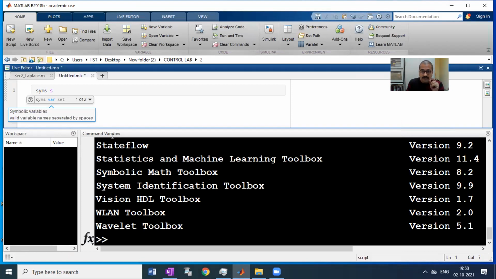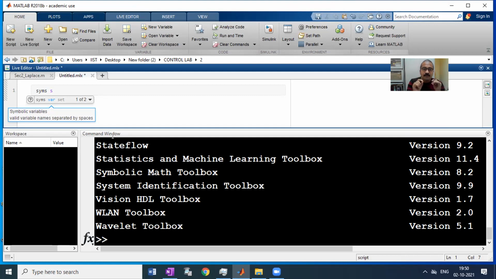I told you before that with every year MATLAB will be updating the package. So certain commands would become obsolete, certain commands will be added newly. So sometimes the command sym will work in your version, sometimes syms will work in your version. So to know which thing will work, there's an easy method.